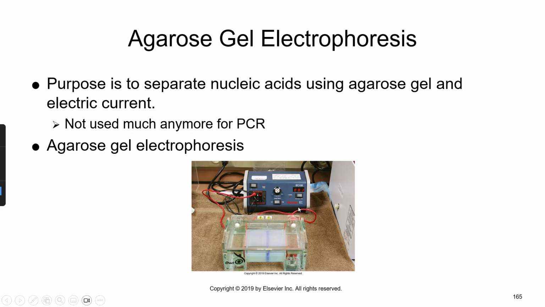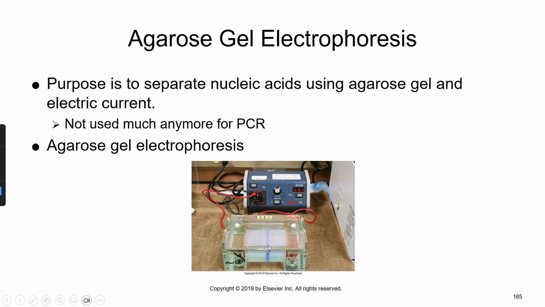So there's a positive side on one side, a negative on the other, and basically we would put all of the DNA on the negative side because DNA has a negative charge. When you turn it on, there's a negative charge floating in this chamber, and since the DNA has a negative charge, negative and negative repel, so the DNA is going to move through the gel because it wants to get away from that negative charge. Then we have a positive charge over here, and negative and positive attract each other. So the DNA is going to want to migrate through the gel toward the positively charged area of the gel,